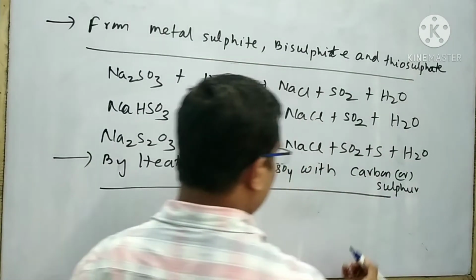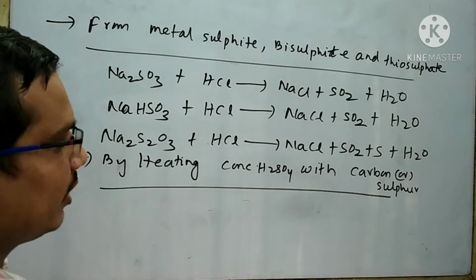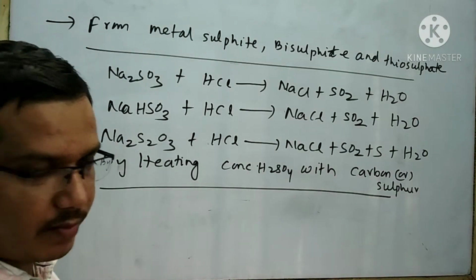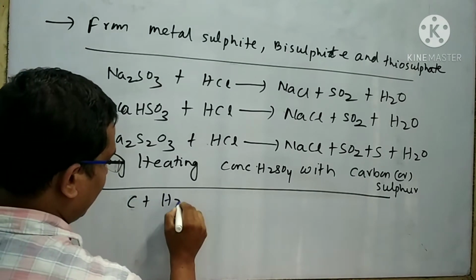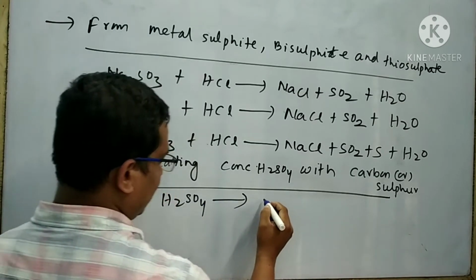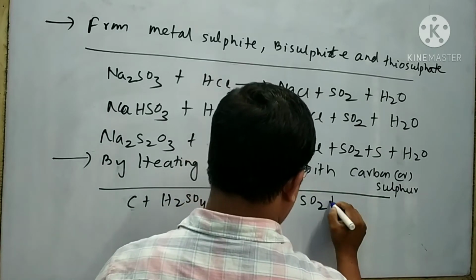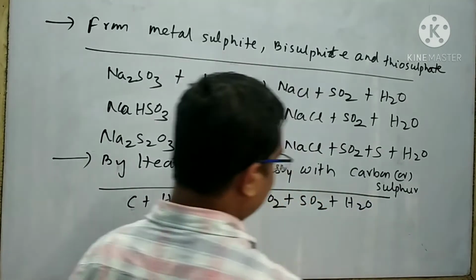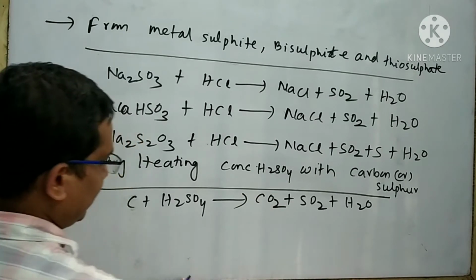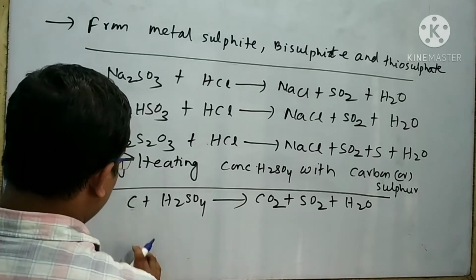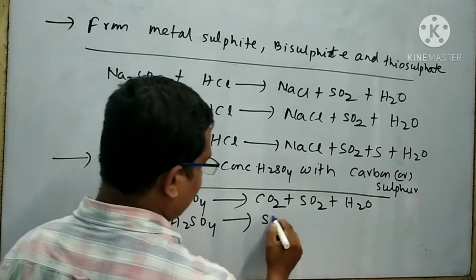When carbon or sulfur is heated with concentrated H2SO4, then sulfur dioxide gas is formed. So I can write the reaction like this: carbon plus H2SO4 gives carbon dioxide and sulfur dioxide and water. Similarly, I can write the reaction of concentrated H2SO4 with sulfur like this: sulfur plus H2SO4 gives sulfur